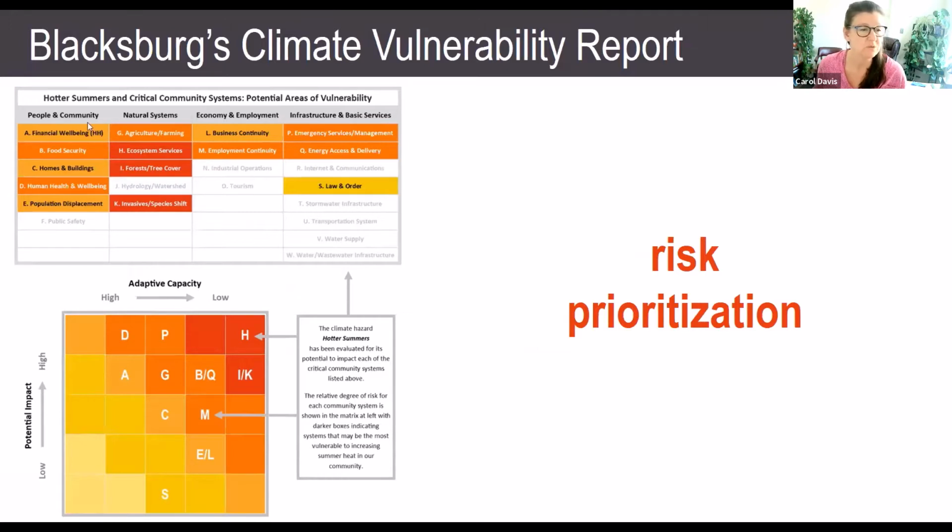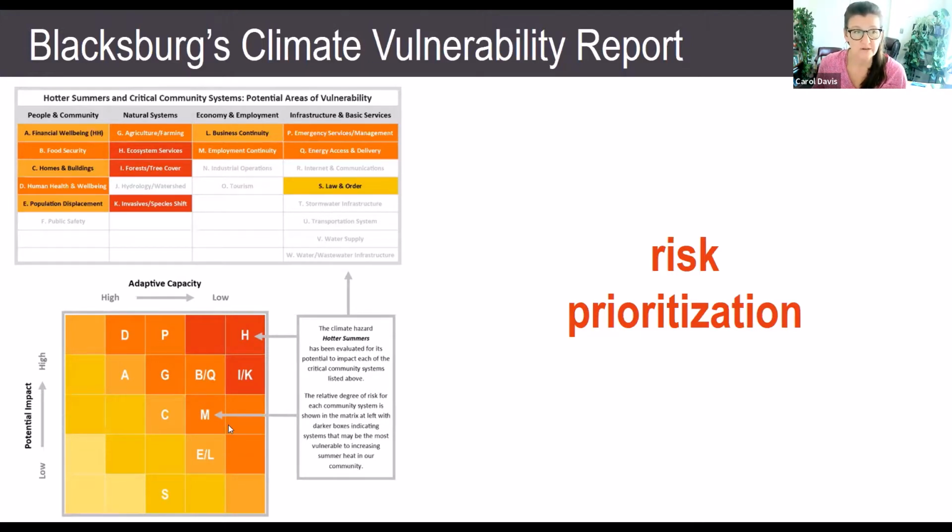We took a look at each one of those critical community systems in areas where we might be vulnerable. And let's just take this one here, ecosystem services or forest and tree cover. We determined based on everything we knew and the available data to us that this has a high potential impact on our community, whereas we have a low potential to adapt to it. So things in this sort of upper right quadrant are the most concerning, and then these others that are more orange, some combination of a medium to high level impact with a medium to low level adaptive capacity